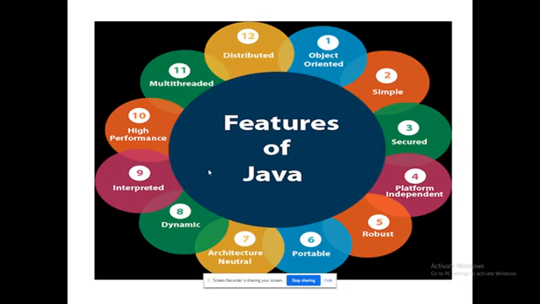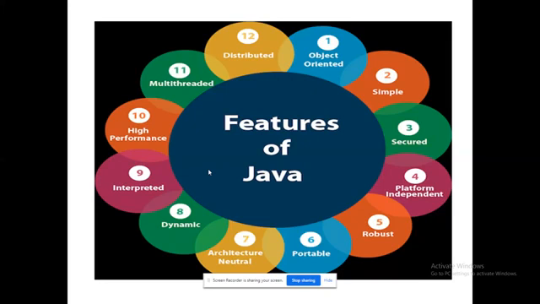These two terms are combined because when you execute a Java program, you will get a class file. That class file is completely secured. Moreover, that class file can operate on any operating system. For example, in Windows, you have created a Java program, file name.java. When you run the program, it generates file name.class. The file name.class generated in Windows will run in Ubuntu. The file name.class which is generated in Windows will run in Mac OS. The file generated in Mac OS will run in some other Android OS. So likewise, the class file is completely platform independent.